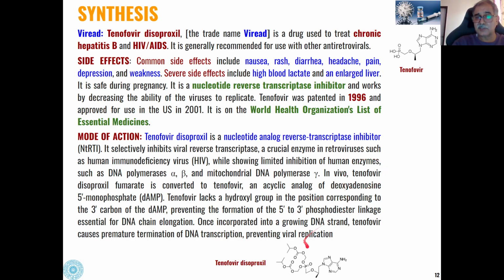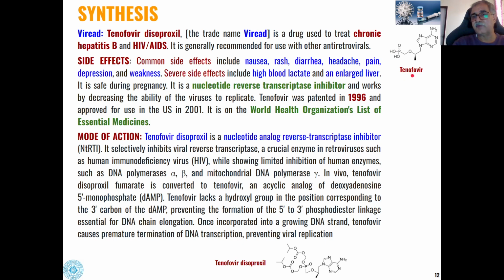In vivo, this tenofovir disoproxil is converted into tenofovir. That is basically hydrolysis of this isopropyl carbonate group takes place, and this is